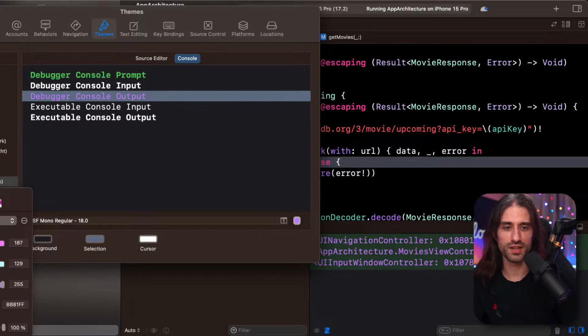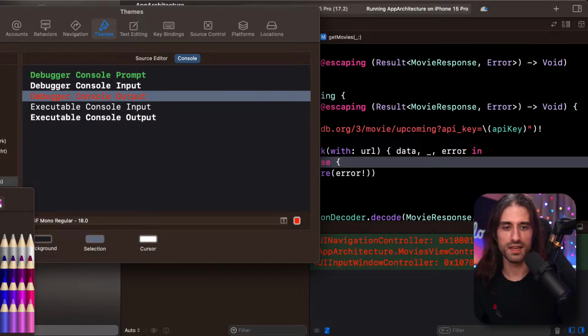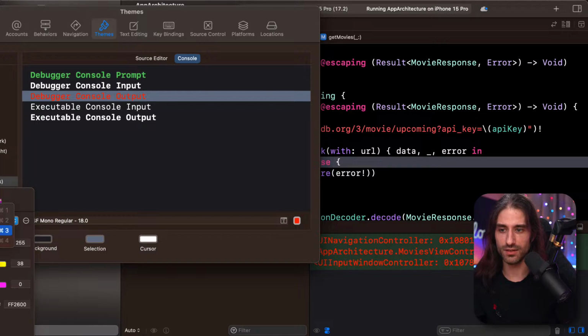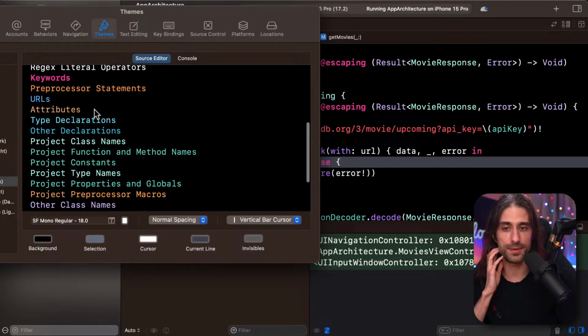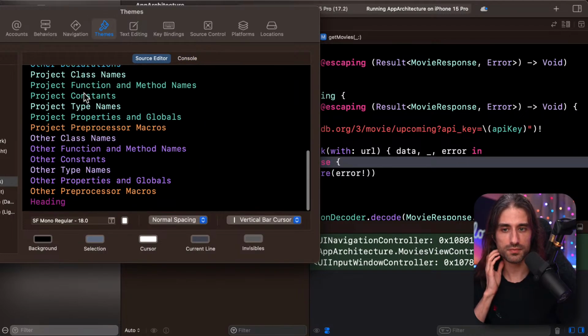If you want to put it in a color that's a little bit more visible, it can be useful. I guess it can be especially useful if you have a project where for some reason your console is flooded by stuff that is not super useful, or you feel like you lack visibility. You can do it like that. That's kind of interesting. I didn't know that one at all, so I'm glad to have learned it. But it makes sense that you can change it. You have a lot of control over the way content is displayed in Xcode.